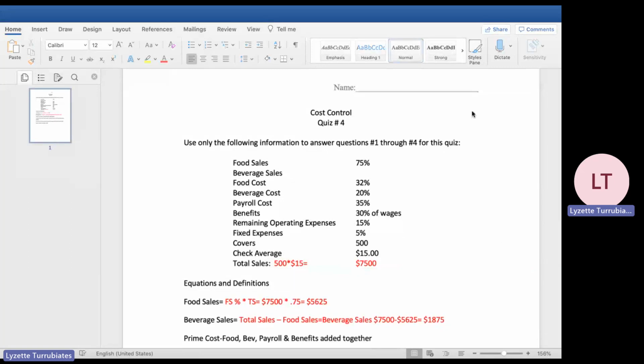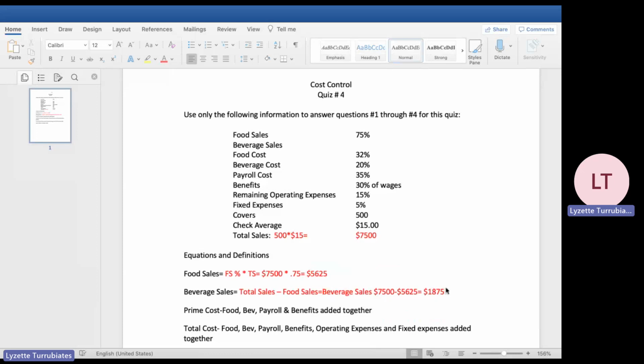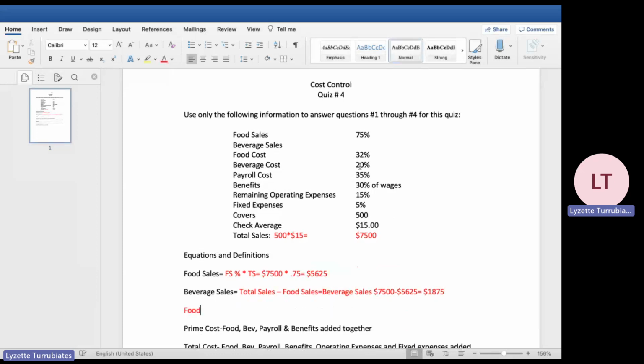Without figuring out all these different calculations, you're not going to be able to answer the next question. So very important. So now that we have our food sales, our beverage sales, now we need to figure out the cost. So in order to figure out food cost, we have to take our food cost percentage. So I'm going to put FC percentage and multiply that now, not by total sales, but by